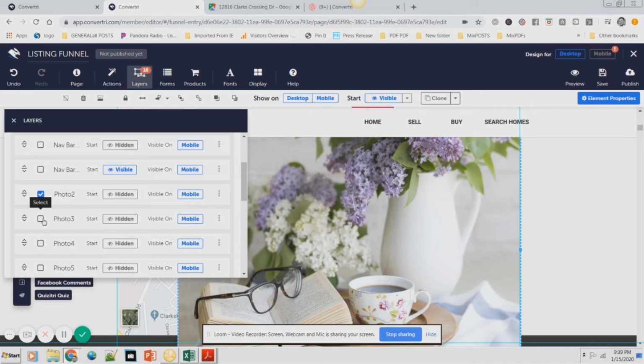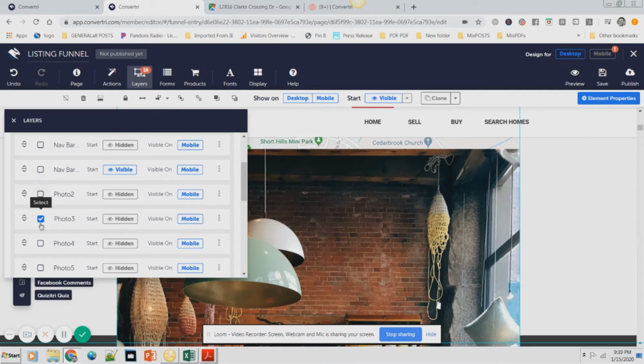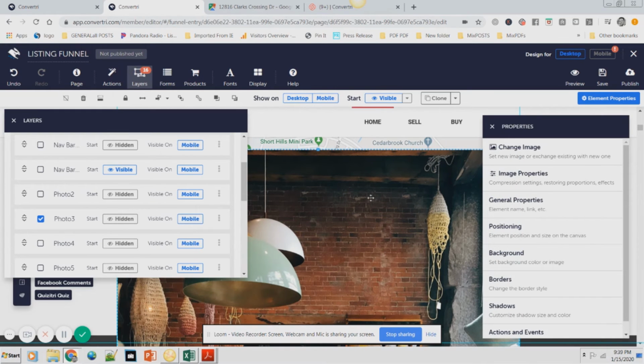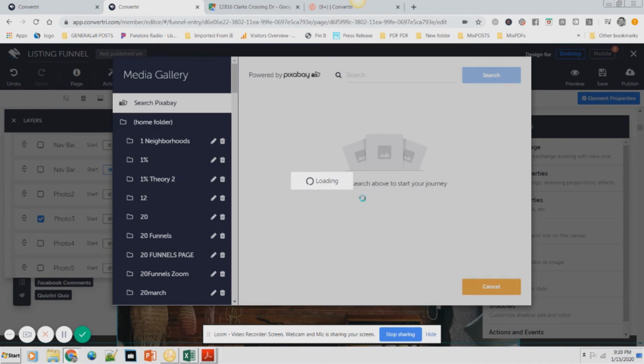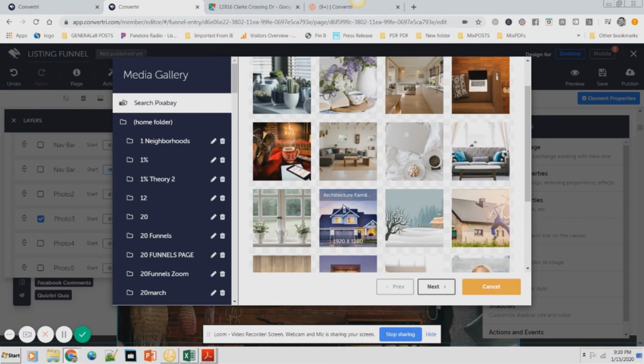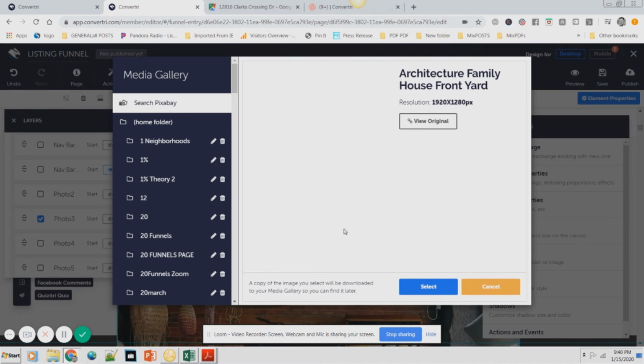Now we're going to select photo number 3, and we're going to deselect photo number 2. Okay. Now this is photo number 3. This is a different photo. So you're going to go over here and go to element properties, and once you highlight the picture you want to change, you select change image, and you're going to do the same thing. Obviously, you want to put your own pictures here. I'm just taking samples from Pixabay, so I just pick any picture to put in there. Let's say I want to put this picture. I'm going to select it,